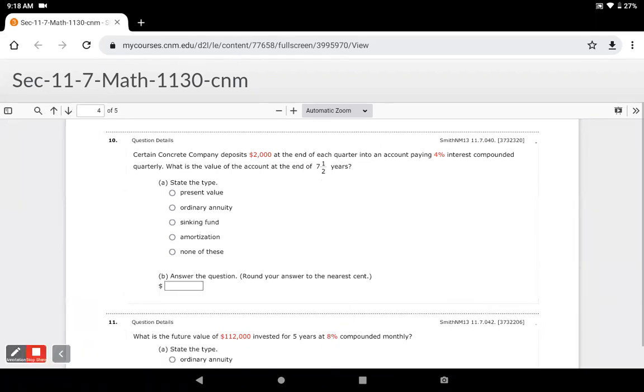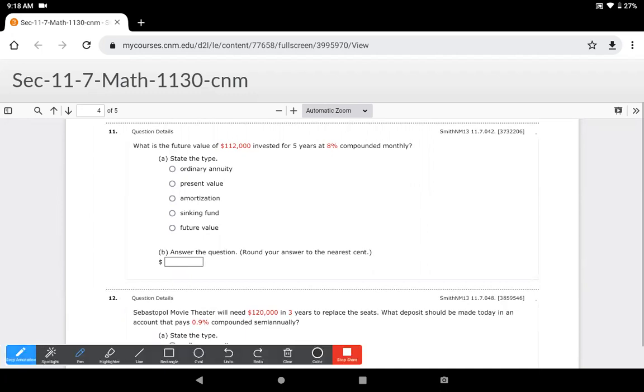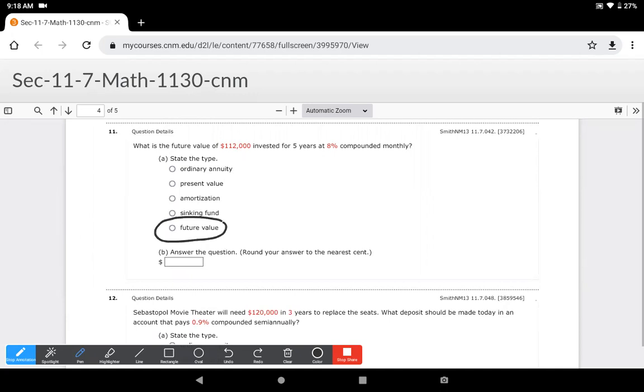Let's go on to the next problem. Number 11. What is the future value? They just flat out tell us what to use there. I'm going to guess you want us to find the future value. So what is the future value of an